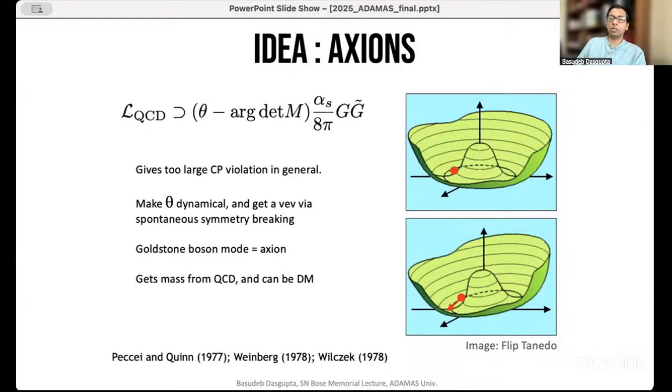This has in fact actually been seen, and we know that the temperature at which this happens is around 140 MeV, capital M, mega electron volt. So if you take a bunch of protons and neutrons and you heat them to a temperature larger than about 150 mega electron volt, the protons and the neutrons melt and form this plasma, this sea of quarks and gluons. That's the QCD transition.